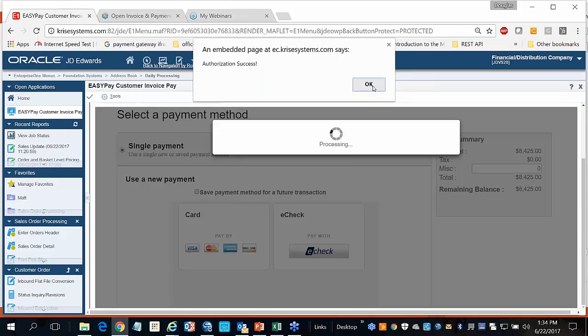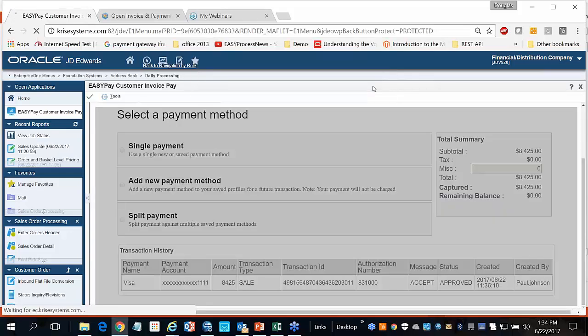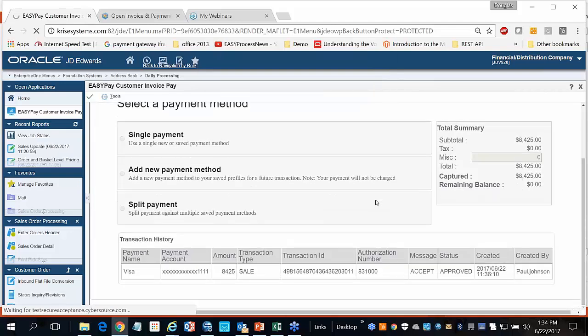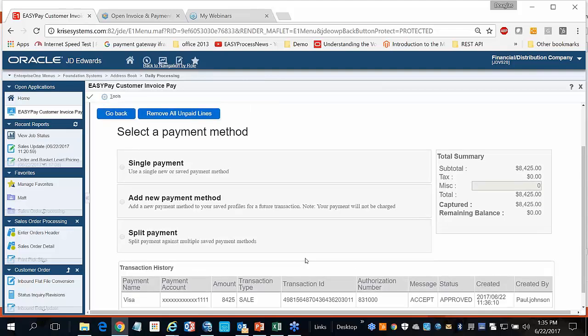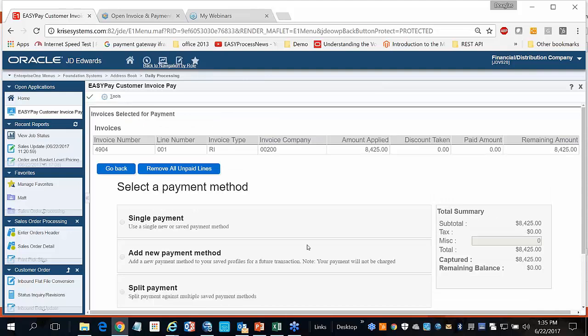So it's the same thing. It's the authorization. And just like with the credit card, this now has been fully batch AR updated. The cash receipt process has occurred. And so this was invoice 4904. If I was to go into the